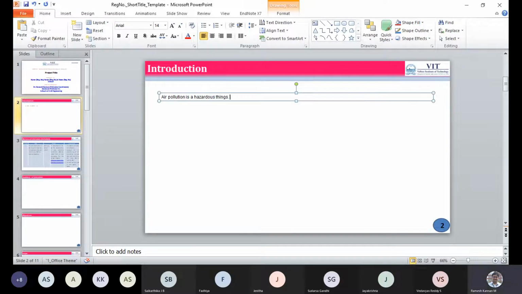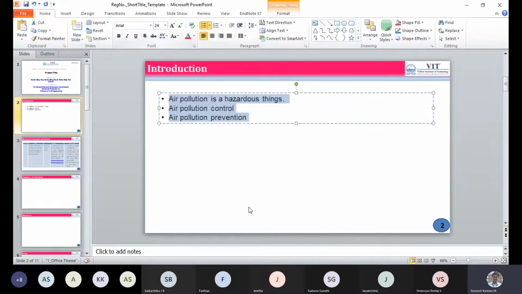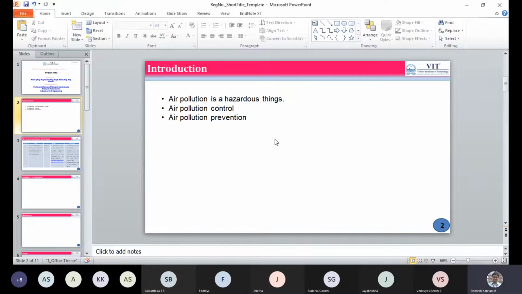Something like that. You can give different things like this, and you can give them in bullet points and extrapolate this also.